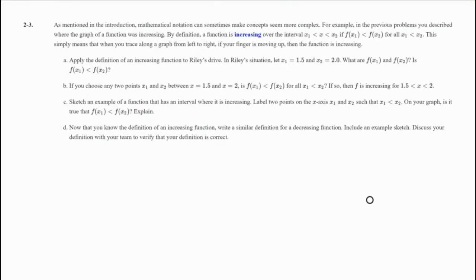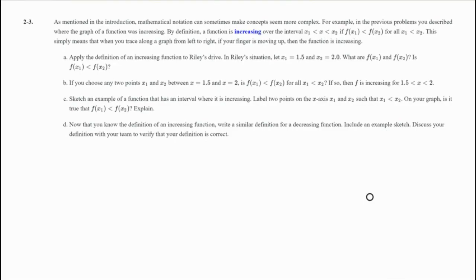As mentioned in the introduction, mathematical notation can sometimes make concepts more complex. For example, in the previous problem you described where the graph of the function is increasing. By definition, and this is something I usually like to write down in the notebook if I ever have some sort of bolded lettering or any different colors, I like to write some of this stuff down. So by definition, and then we have this long thing here that I'm not going to read out here, but